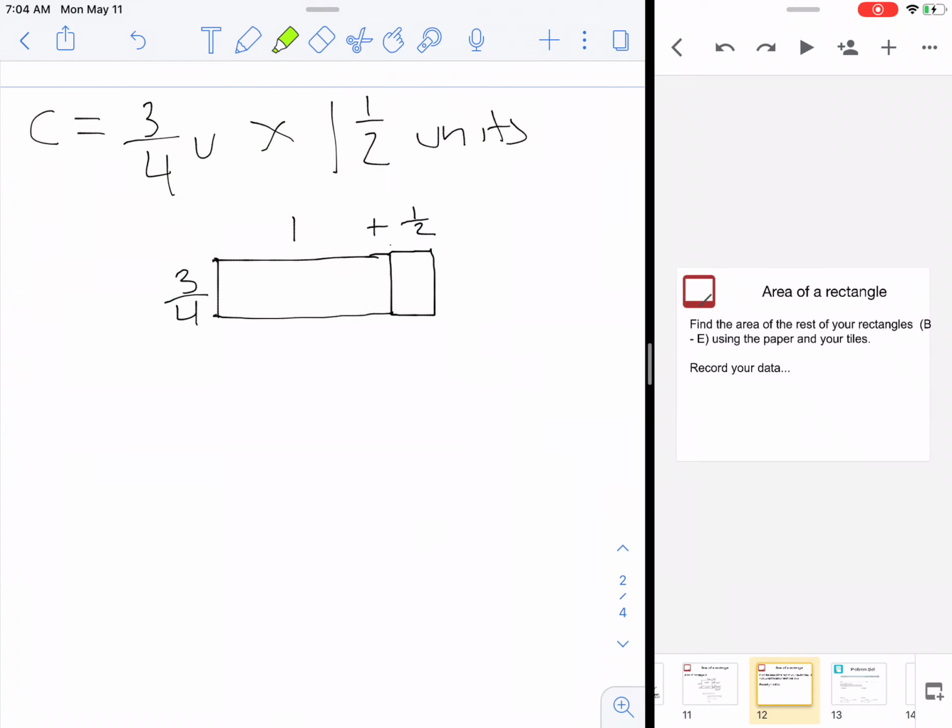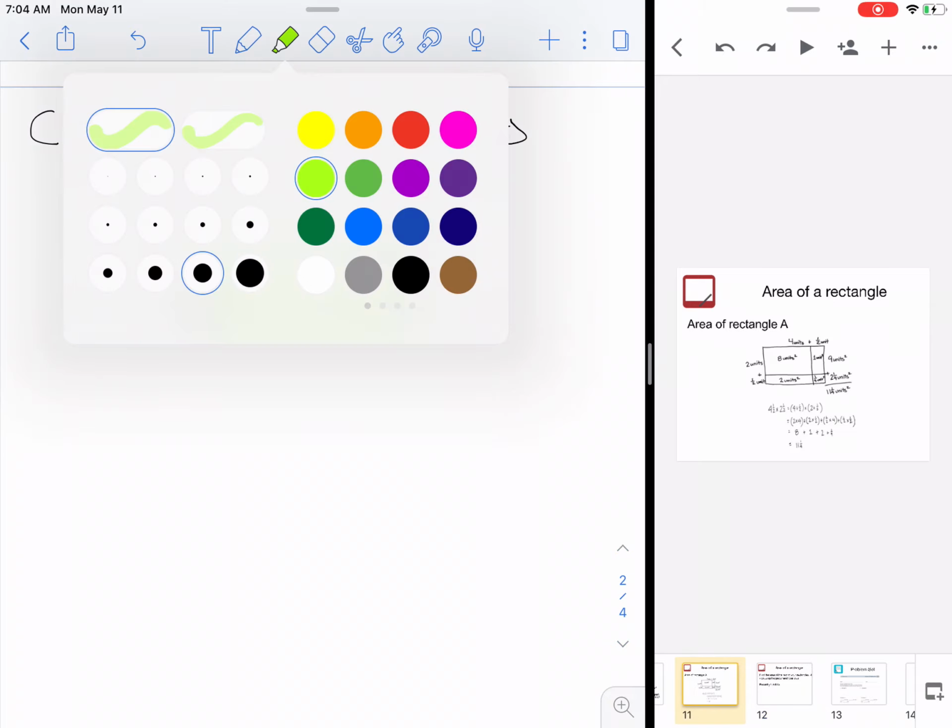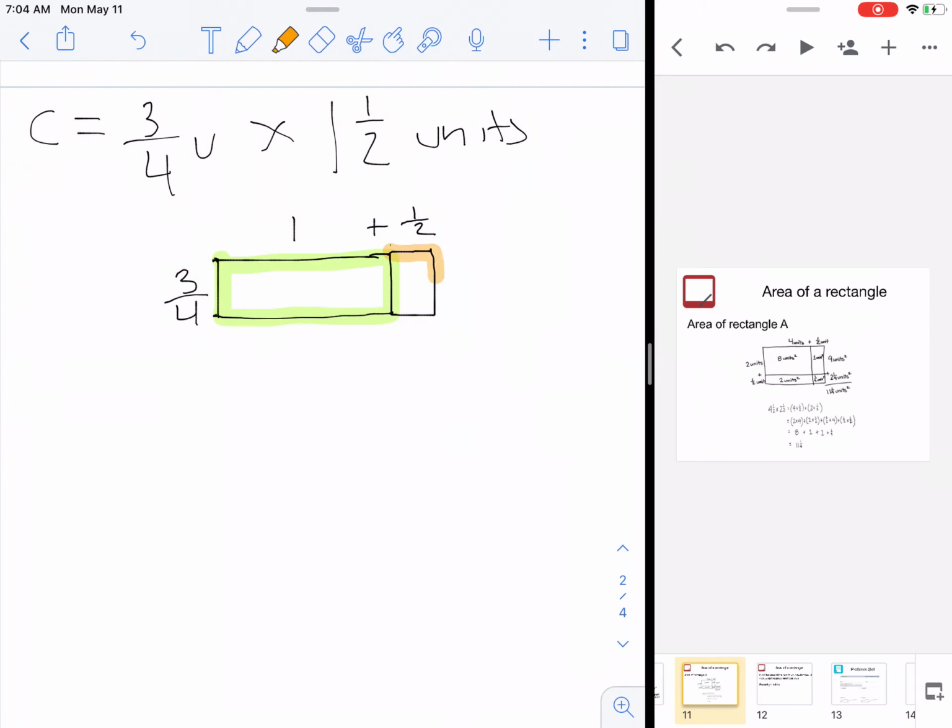We have this and this one. Okay, so we need to find the area of 1 and 3/4. 1 times 3/4 is